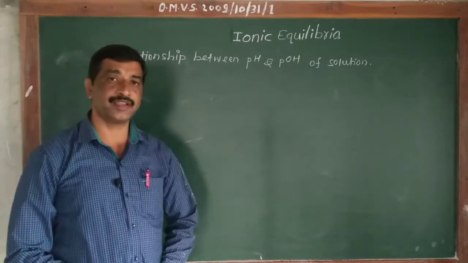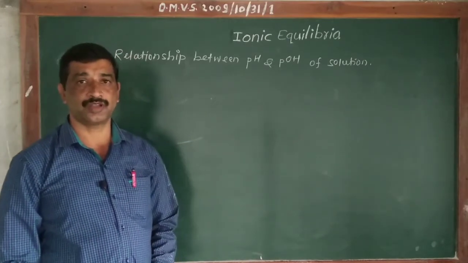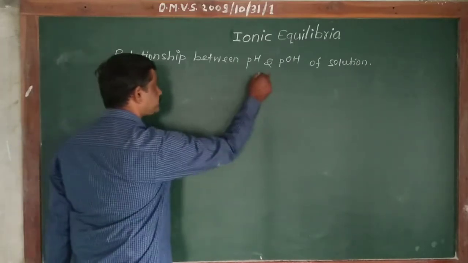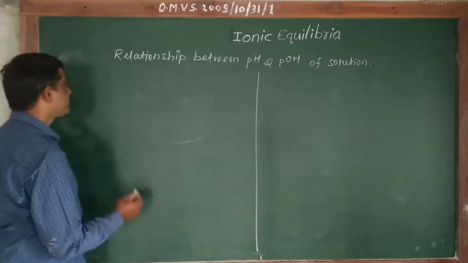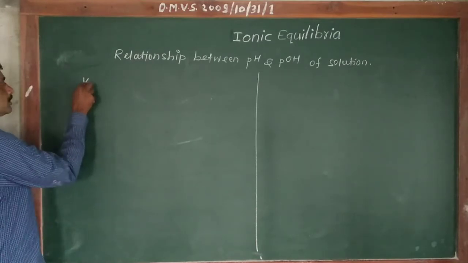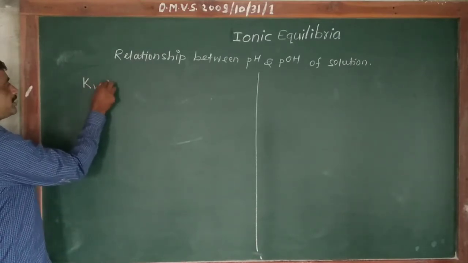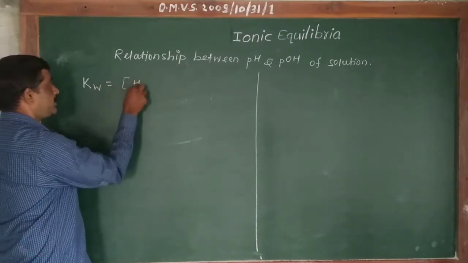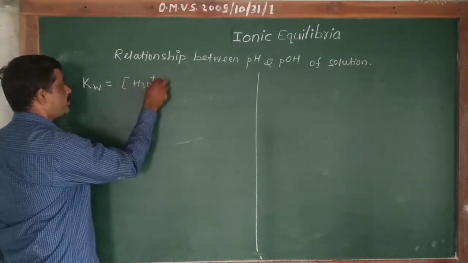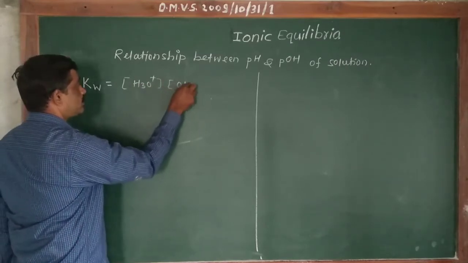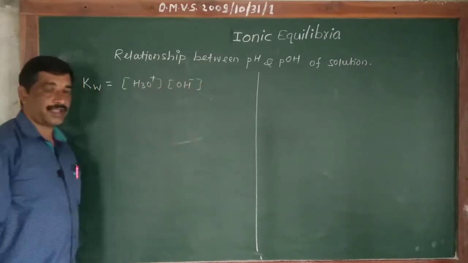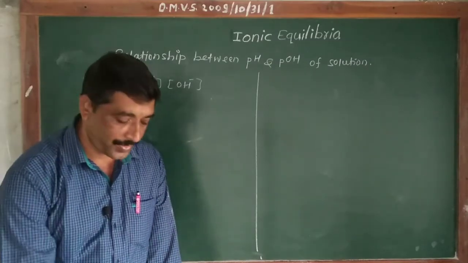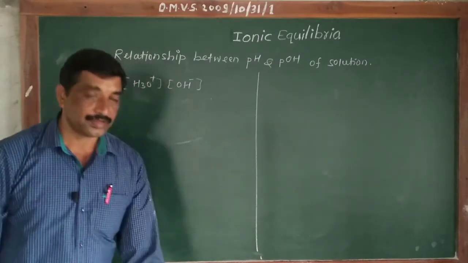We also studied here the ionic product of water, or autoionization of water, and from that we know the ionic product of water, that is Kw, is given by the equation concentration of H3O plus ions into concentration of OH minus ions. In our previous article we studied what the ionic product of water is, and also we know that